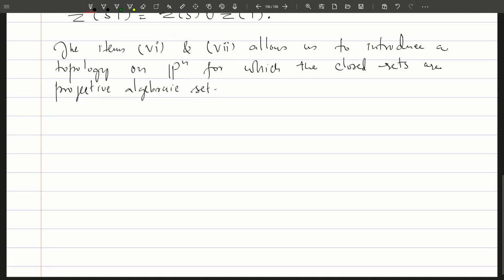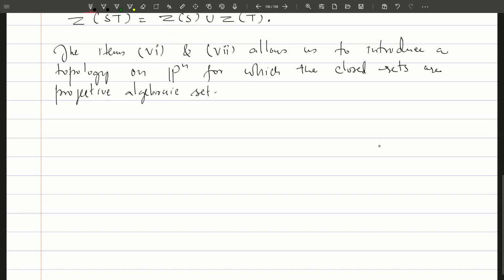And this topology is called the Zariski topology. So simply if we declare these sets to be closed sets, then we have a topology, and that topology is called the Zariski topology on Pn. So let us write this in a definition. The Zariski topology on Pn is a topology